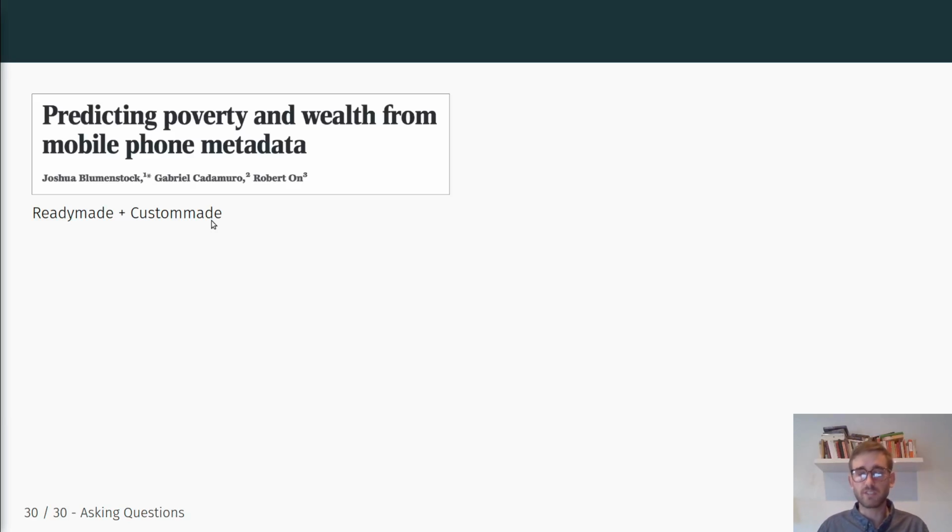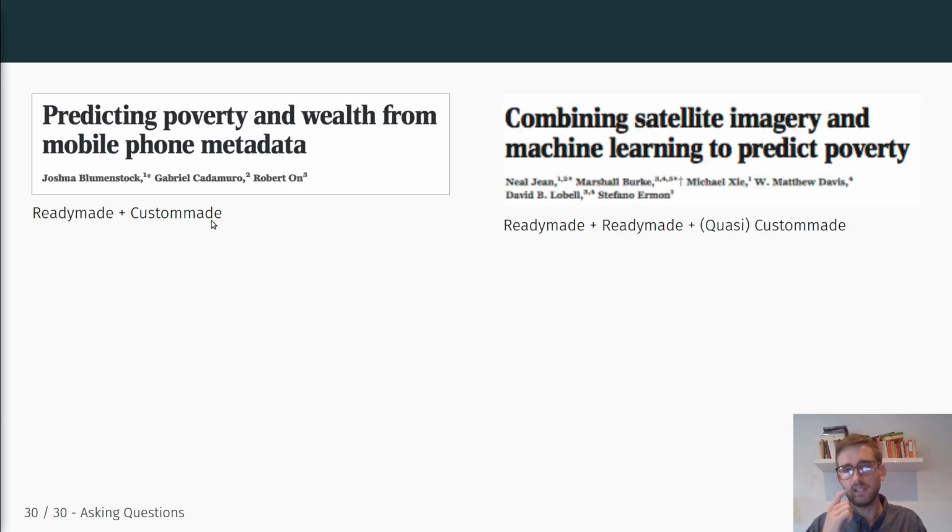So I think this is a really interesting paper, because we talked about Blumenstock before as this great example of combining ready-mades and custom-mades. I think this Jean paper is another really interesting example that combines multiple ready-mades, so these satellite pictures, both daytime and nighttime pictures, and quasi custom-mades, so additional survey data that was actually already collected in these countries. So they didn't run their own surveys in these countries, but they used available survey data to ultimately